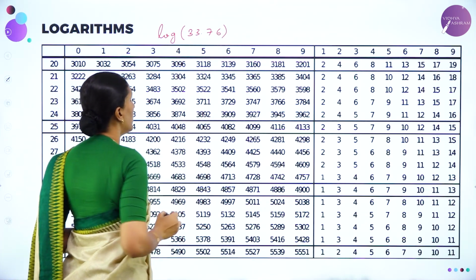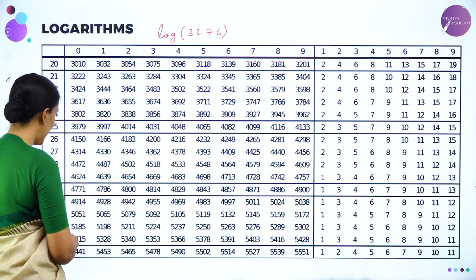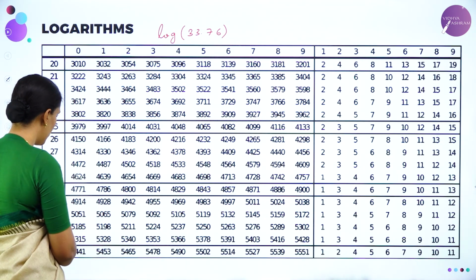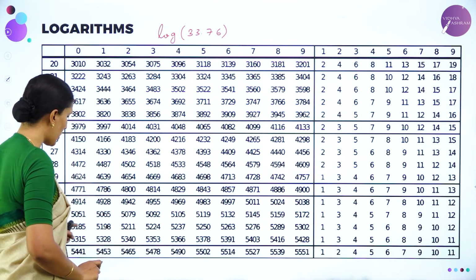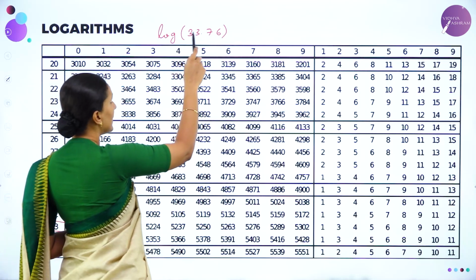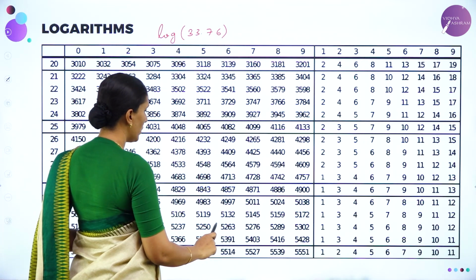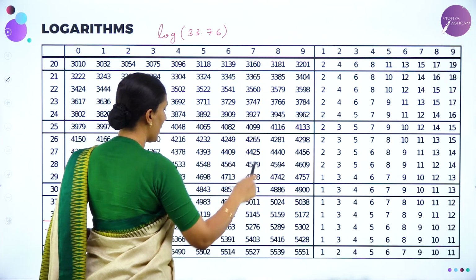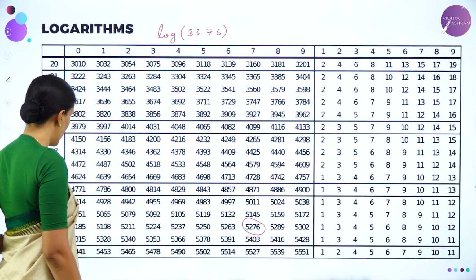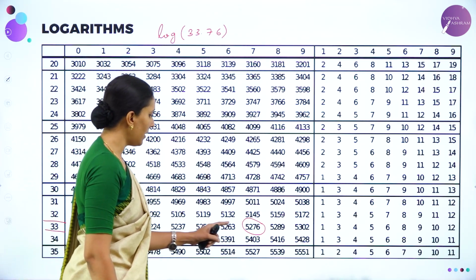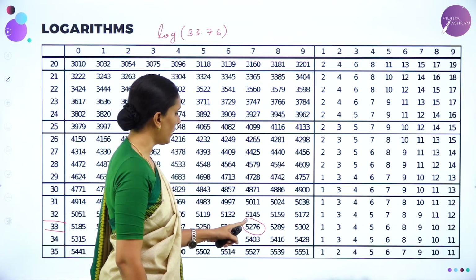33.76. So what you are supposed to do, you need to move towards the column which contains 33. So here is the column 33. So move along the horizontal row which contains 33 and the next digit is 7. So that means you need to move horizontally and note the number in the column headed by 7. So this is the number 5276. So along the row 33, you need to note down the number headed by the column 7, which is